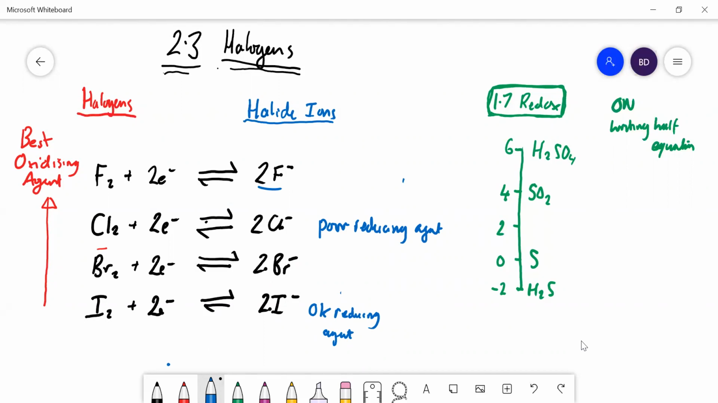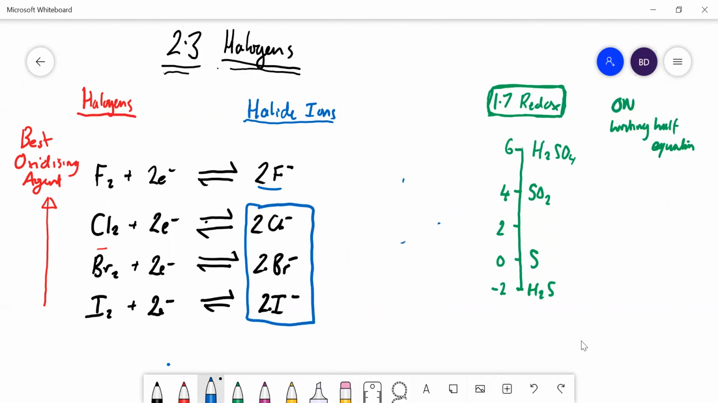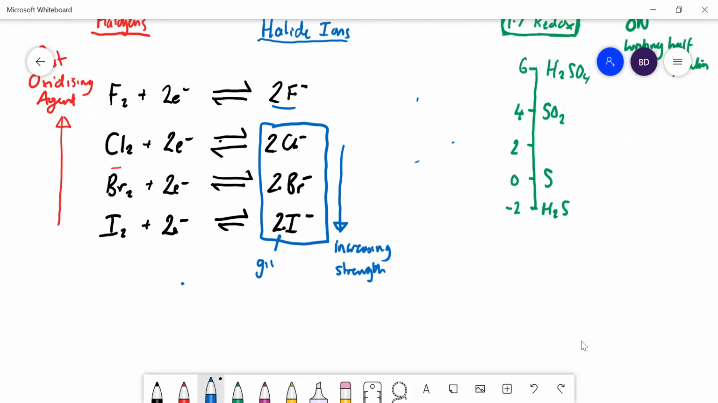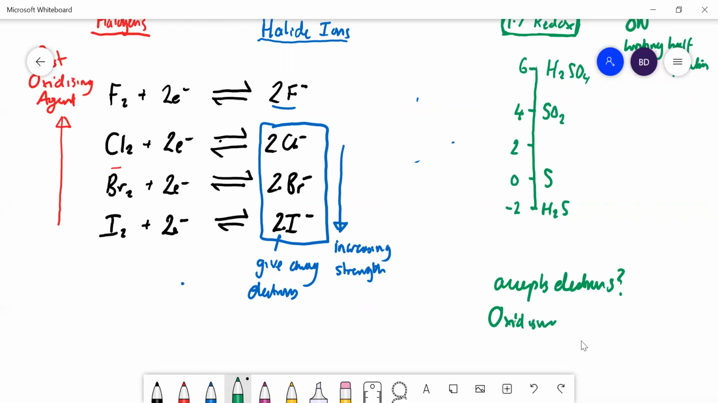So what we want to do, and the exam board are pretty keen on you doing this, is show the increasing strength of these reducing agents. Now, how can you show if something's a reducing agent? You can react it with something that will accept electrons, because these things want to give them away. What kind of things accept electrons? Well, oxidizing agents. So what you need is to react these with oxidizing agents to demonstrate that